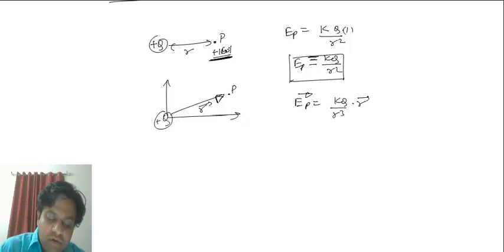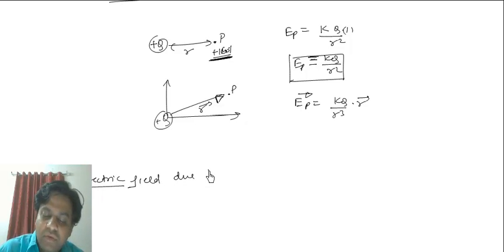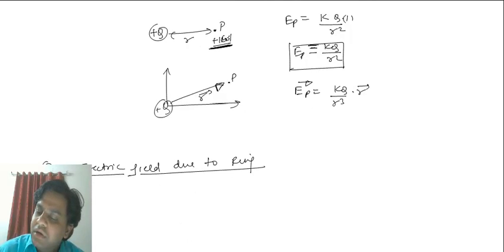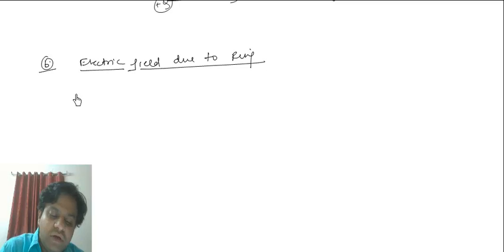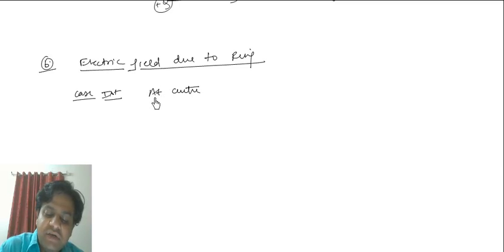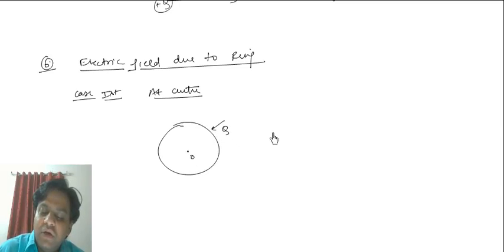Now let me find electric field due to a ring. If I want to find electric field due to ring, then let me divide the problem into 3 cases. If I have to find electric field at the center, I'm given a ring having charge q, having center O, then